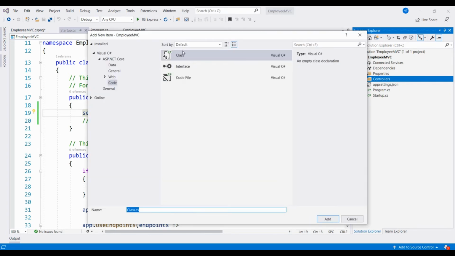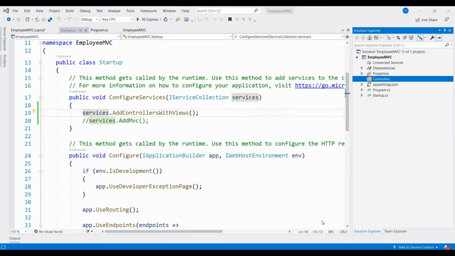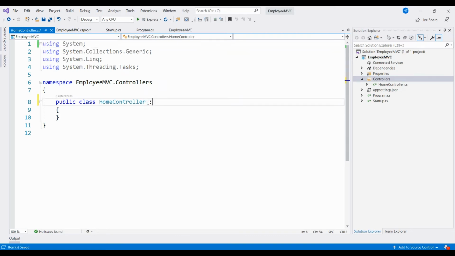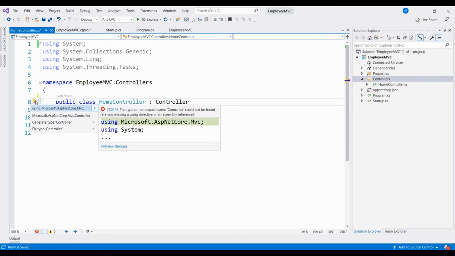So select the class here and give it a name. I am just giving it the name home controller. The extension will be CS as we are using C#. Every controller class should be inherited from the controller. So I am putting controller as a parent class of this home controller class.